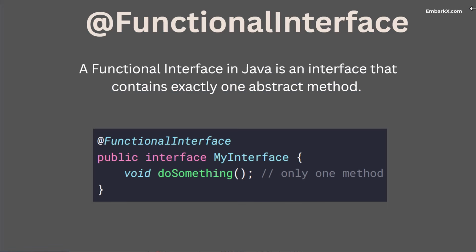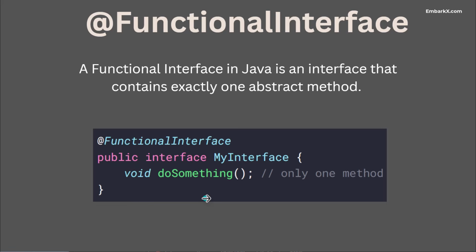So now is the time that we begin talking about the functional interface. What is a functional interface as a concept in Java? A functional interface in Java is an interface like the interfaces that we create, but this interface has exactly one abstract method. Here you can see one functional interface that I have as an example. This interface is called MyInterface, and I have one abstract method which is void doSomething,